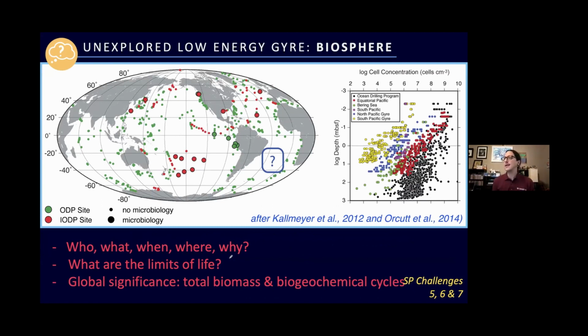So in this particular case, one of the things that interested me in this project, in particular the South Atlantic, is this map of the world, showing in red sites that were drilled by IODP at the time, the paper is a few years old now, and in green, sites drilled during ODP. The larger circles outlined in black, like this one, and that one, are sites where microbiology is one of the primary goals of that expedition.